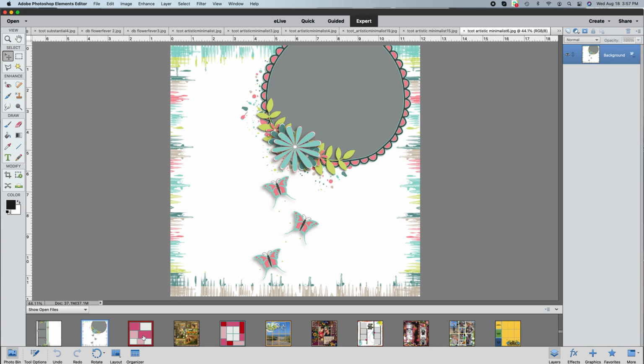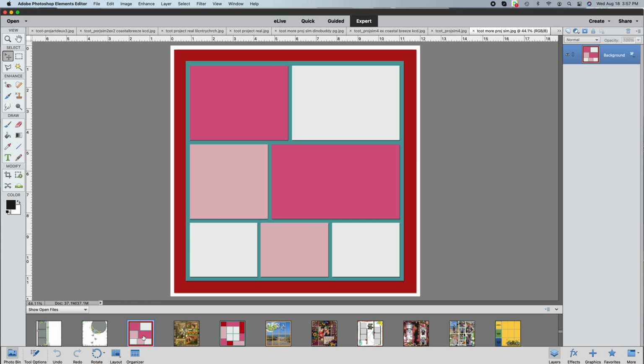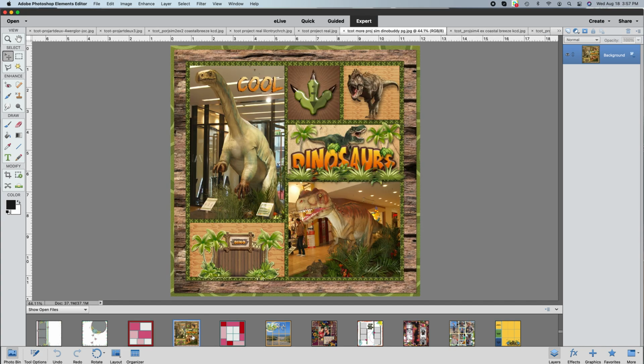Okay, now let's move on to easy peasy super templates. Take a look at this. I mean, hello, how much more simple can you get, right? These are really popular. People can do all kinds of stuff with it. They're going to be able to take one square and expand it, or get rid of one and expand that one. Super versatile templates, and you're saving them time, and you can make really cute pages